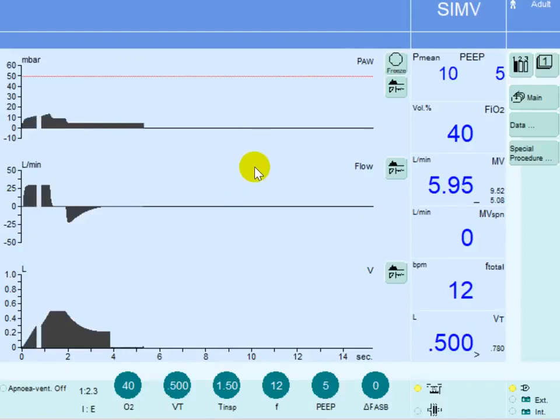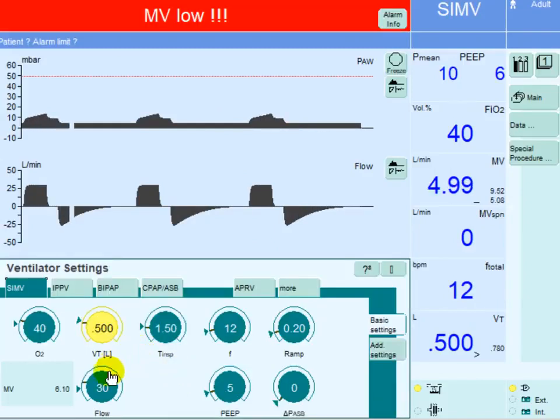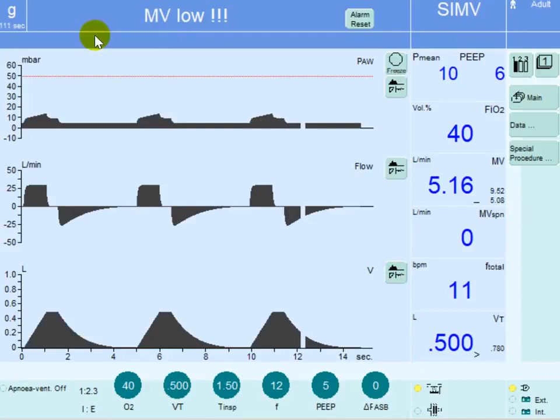Okay, what we will be discussing today is how decreased lung or chest wall compliance will affect the different waveforms. In a patient who's on volume controlled mode of ventilation with a targeted tidal volume of 500 that is delivered at a flow rate of 30 liters per minute, inspiratory time is 1.5 seconds and the rate is 12 per minute. You can see how the pressure goes up